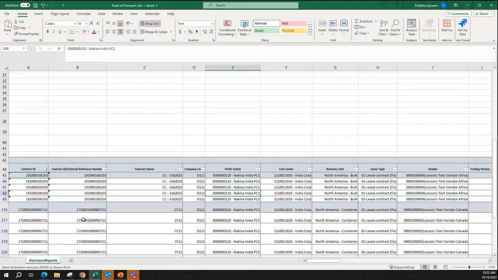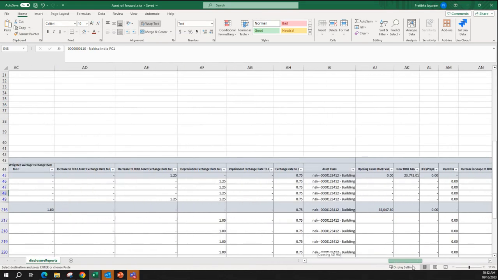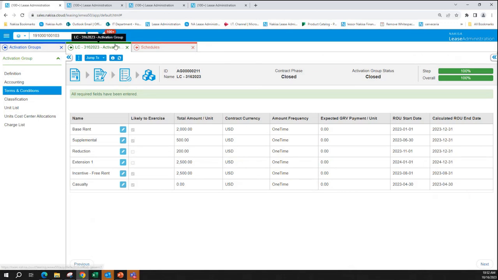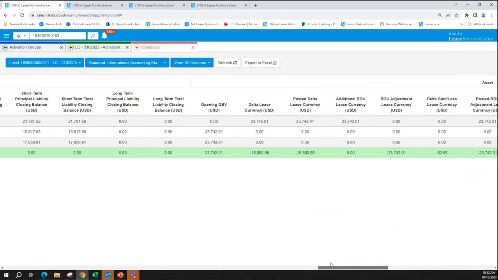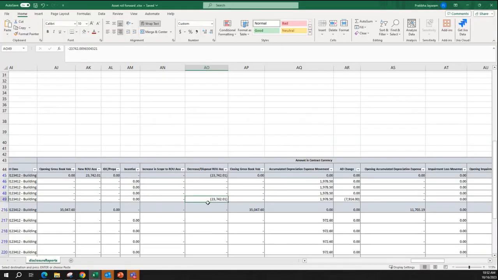So here we can see there is a disposal of 23,742. If you go to the all column schedule, you can see the addition of 23,742. This was the addition, and we can see the accumulated depreciations